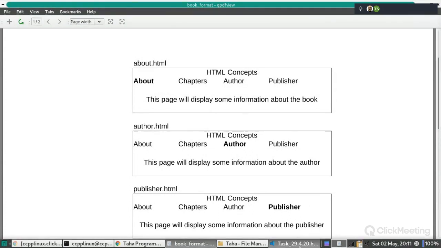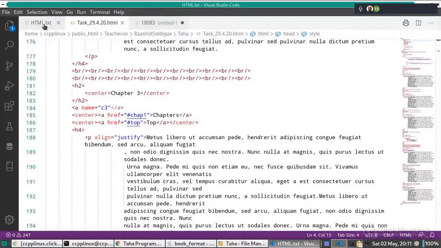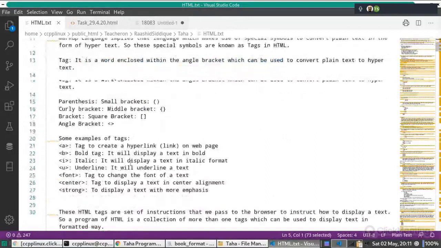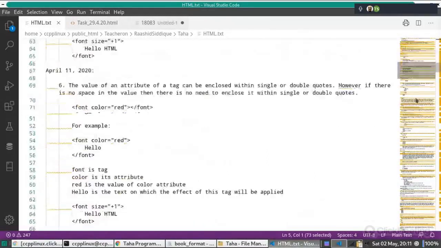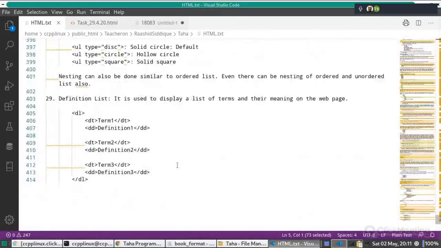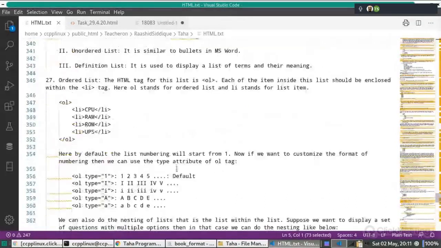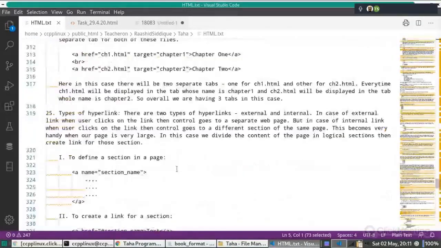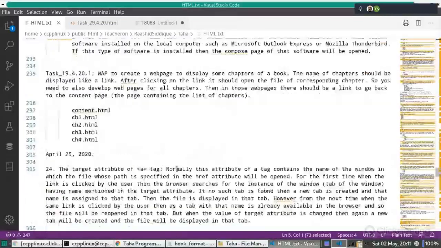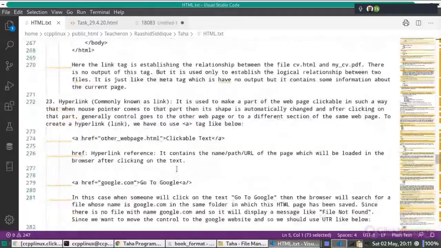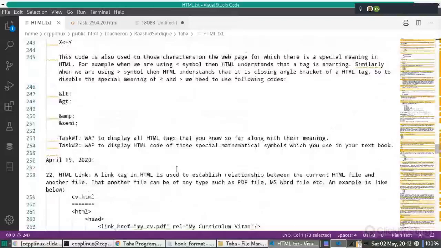Actually, let me just open your file. I think I forgot to discuss that. There was a discussion about special characters somewhere else. Ampersand alpha, ampersand beta. Do you remember this? Yes.